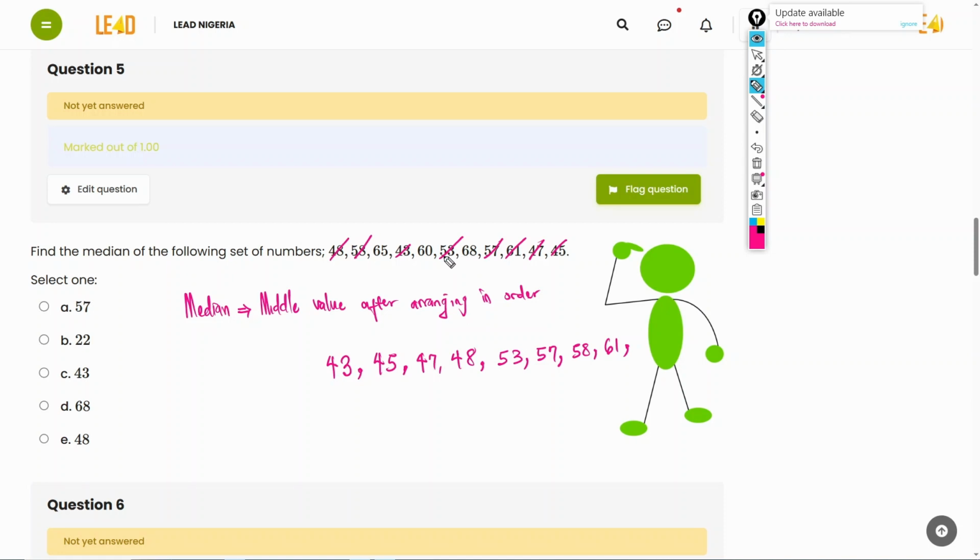And then we have 60 before 61. Okay, so we have 60, then 61, which I have rolled off here, and 65,